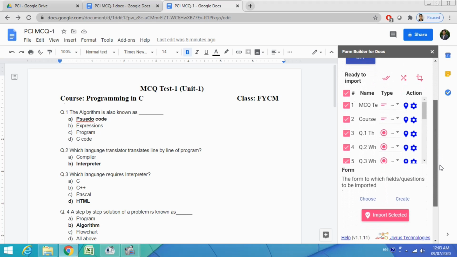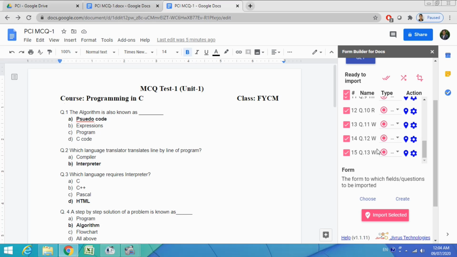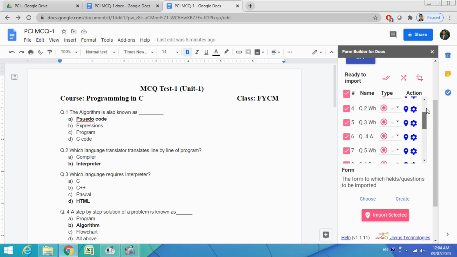All your questions are imported here, 1, 2, 3, like this. Here you see question 1, and this is your multiple choice symbol. In my Google Doc there are a total of 13 questions, and all these 13 questions are successfully imported.